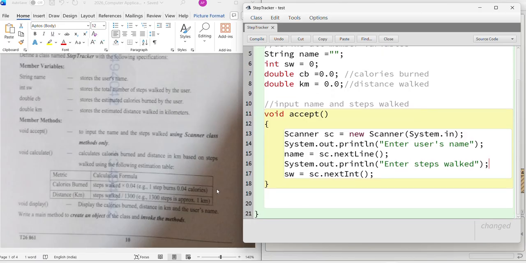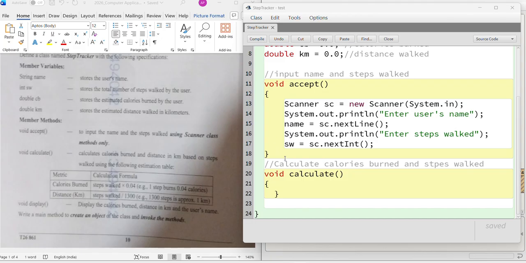Now the next method is void calculate. So let's do it. Void calculate. Now what? Calculate calories burnt and distance in kilometers based on steps. So everything is based on the steps. Now in calculate you have to compute calories burned from steps walked. So what is the formula? It's steps walked into